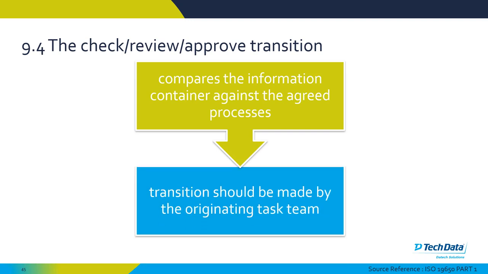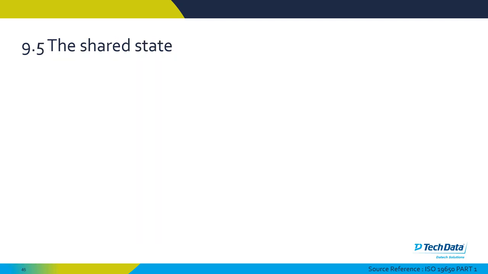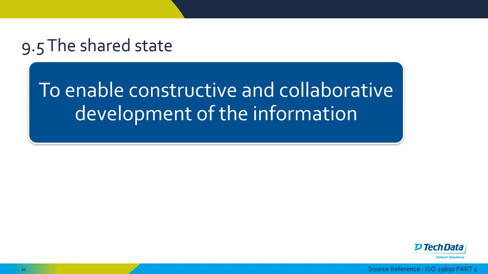And then the transitions should be made by the owner or the task team or the author of that particular piece of information. So if it's the architect releasing the architectural drawings, it should be that particular task team that performs that function. Then the shared state, this covers being able to enable constructive and collaborative development of the particular